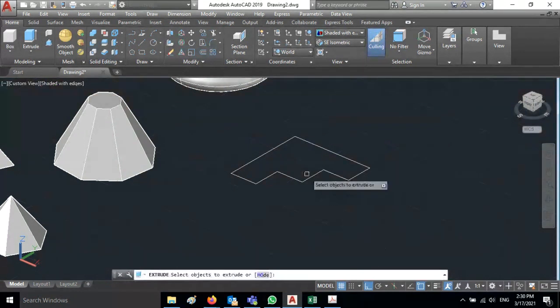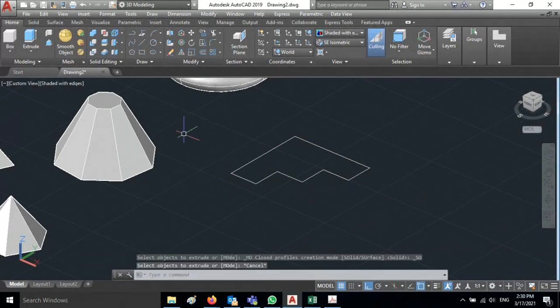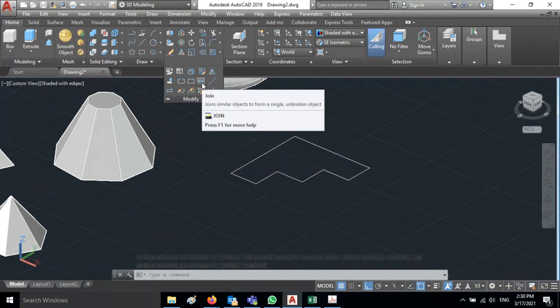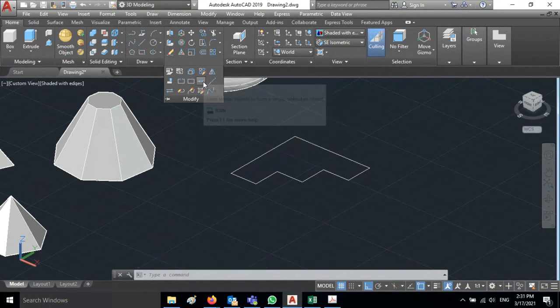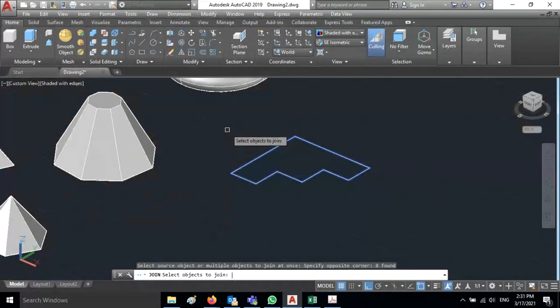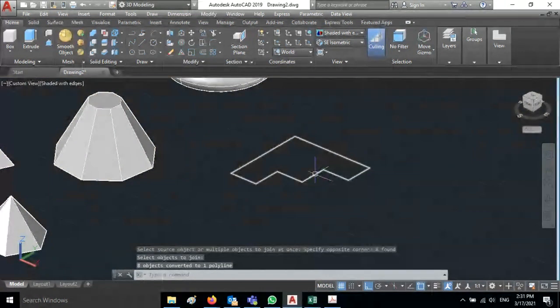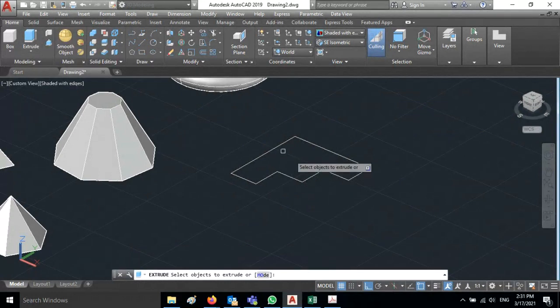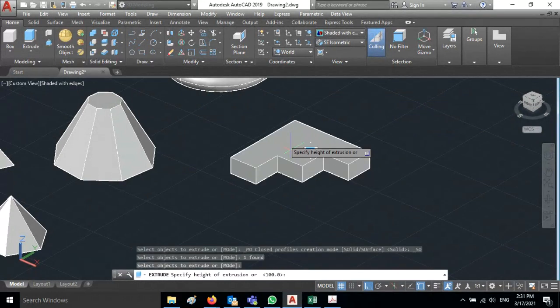You can use the extrude command and select. Here this is not a single line. First you have to join all these lines. For that you can go to the modify tool, you can see here, join. Select join, and select all objects, so that it will create a single object. After creating a single object, you can go to extrude and select, enter.